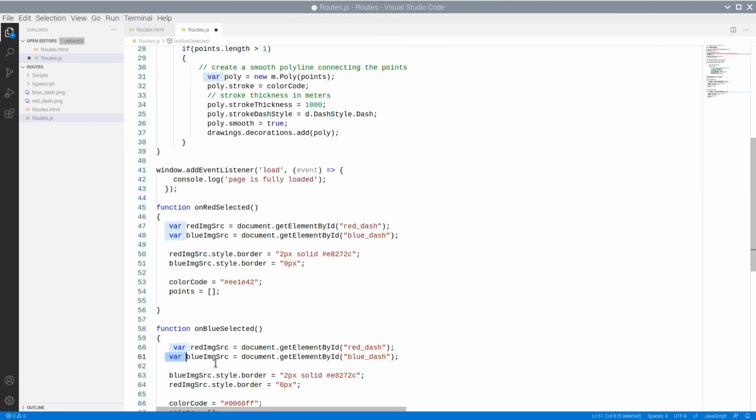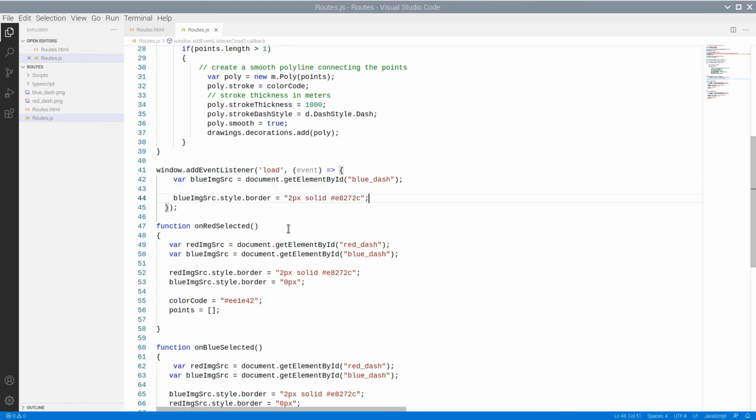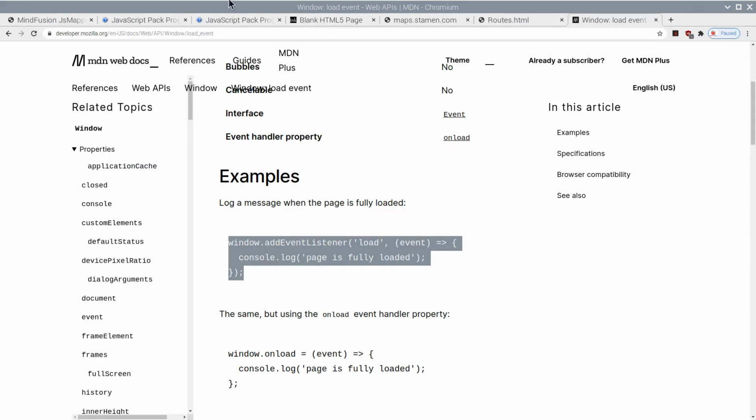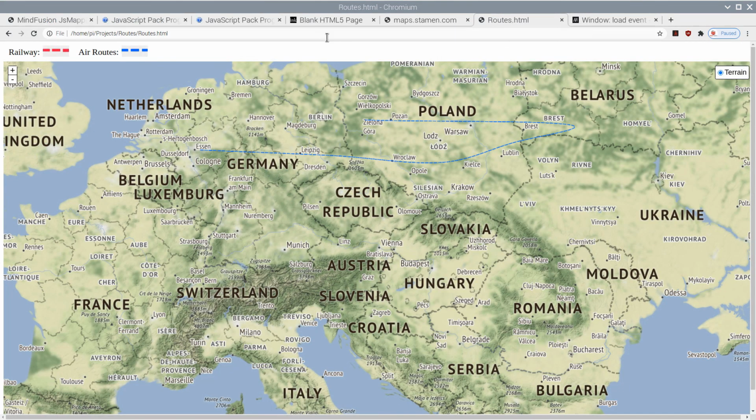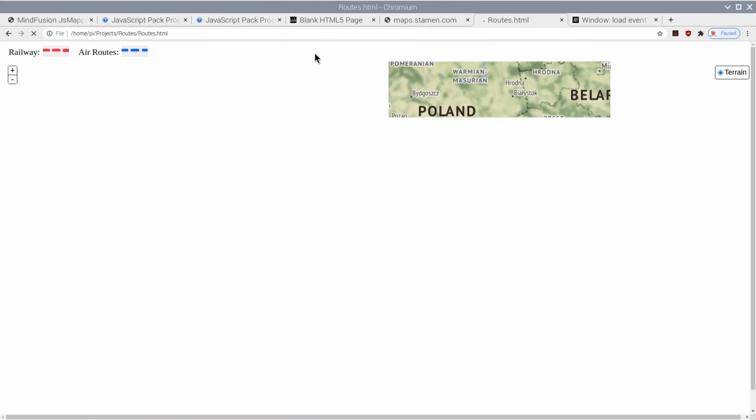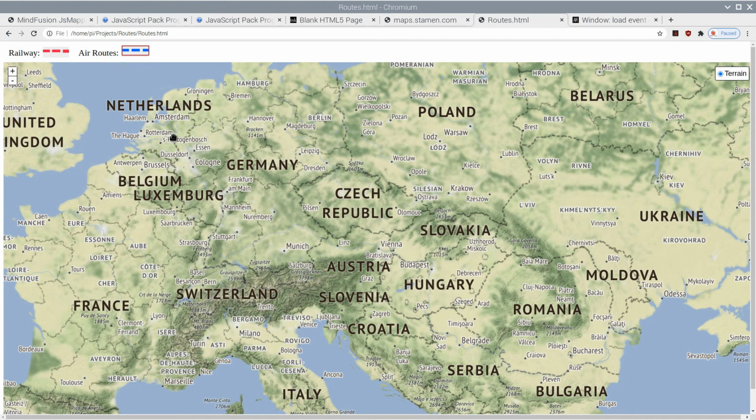In our event handler, we will get the blue button and place the red border around it. Let's see if it works. Yes, the button gets initially selected, which is correct.